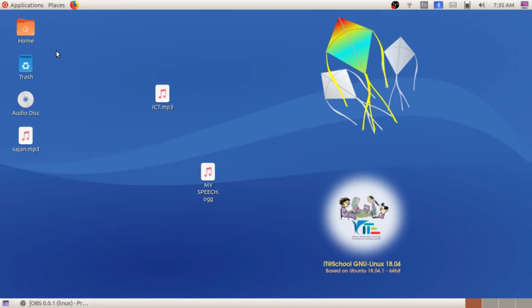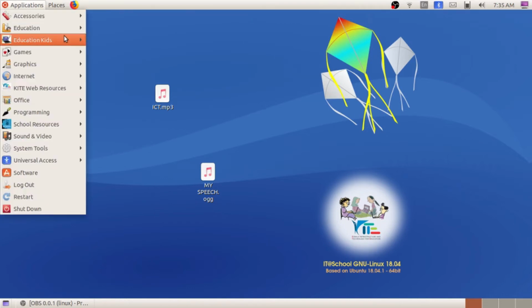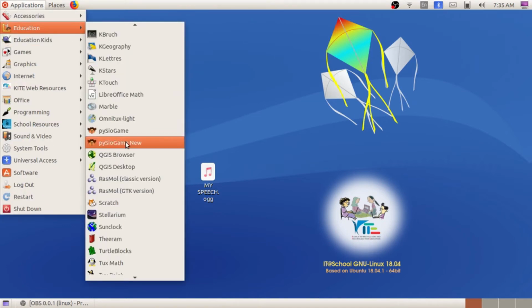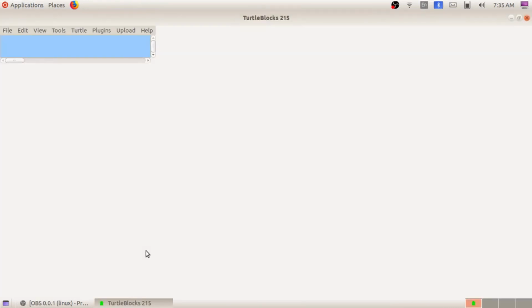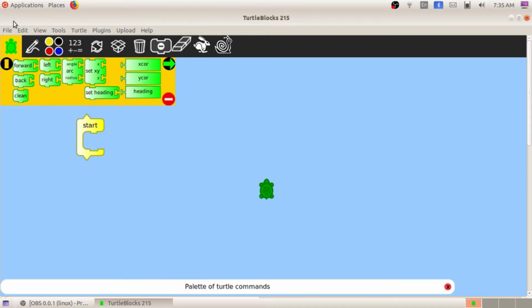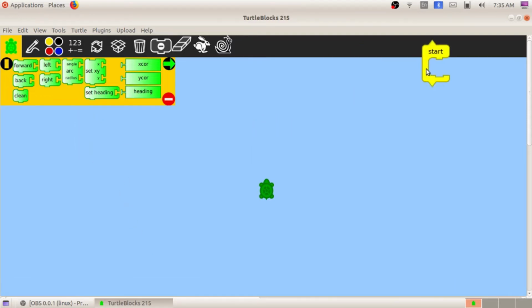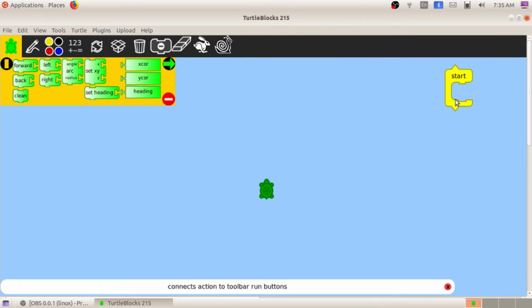So how to open the software Turtle Art or Turtle Blocks? Go to applications, go to education, and here you can see Turtle Blocks. Click on that. Now what you have to do is drag and drop the instructions inside this start.